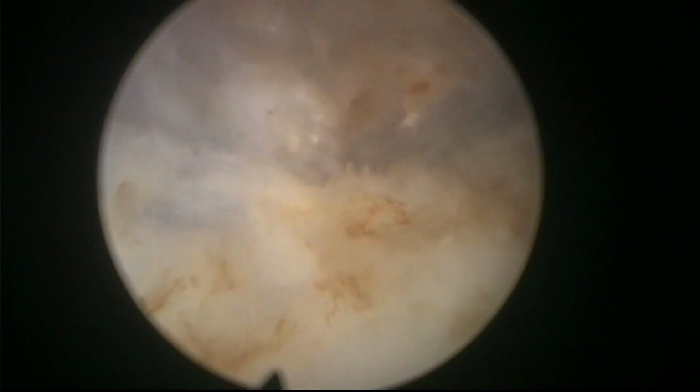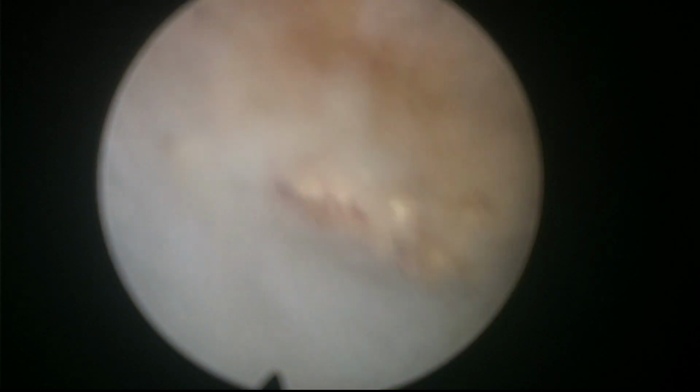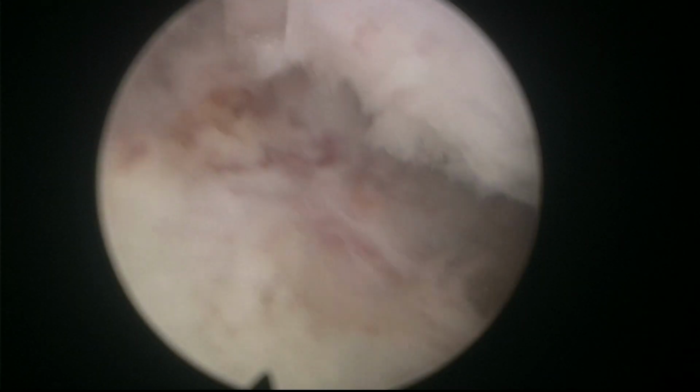Sometimes we find these nodules. These are adenomatous nodules, you see. And I like to take out if I can. This, of course, complicates the operation a little bit. But if you don't take them out, they can grow. And this is a biologically fast-growing prostate. So